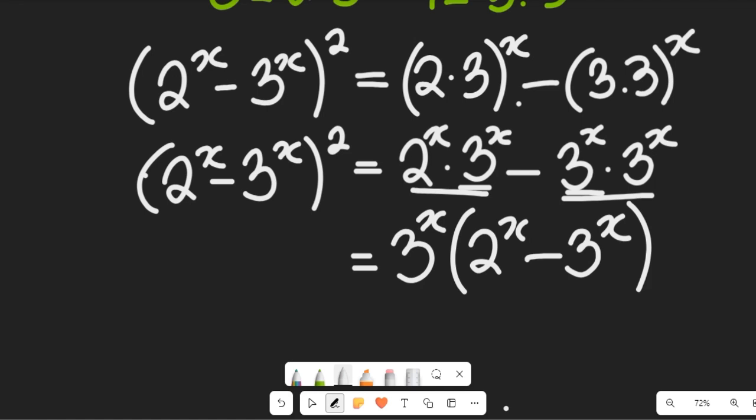And on the left hand side, I'm going to now have 2 to the power of x minus 3 to the power of x,